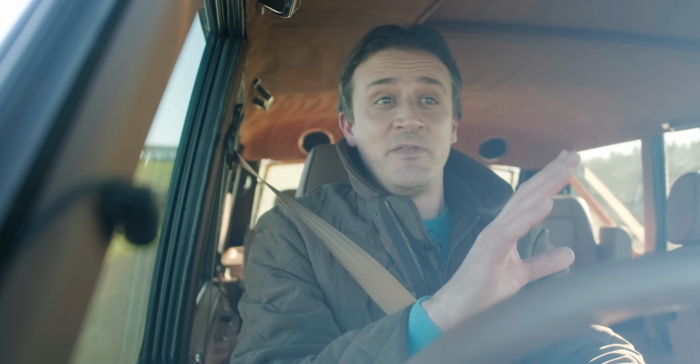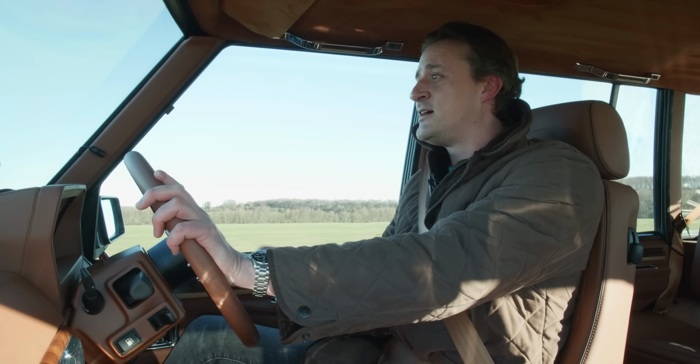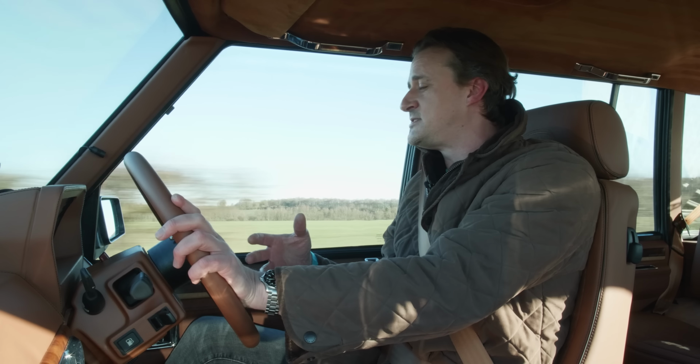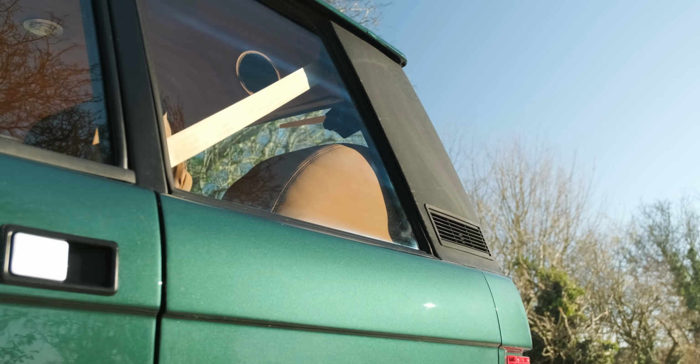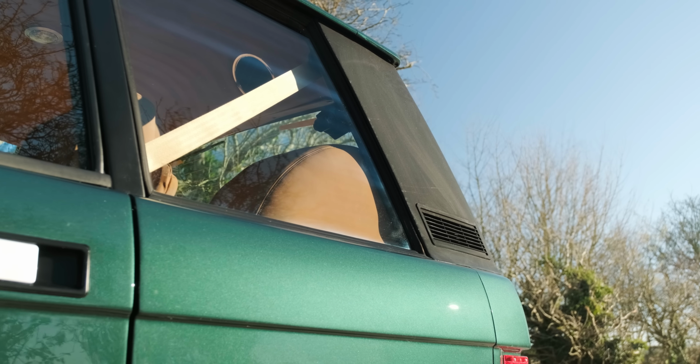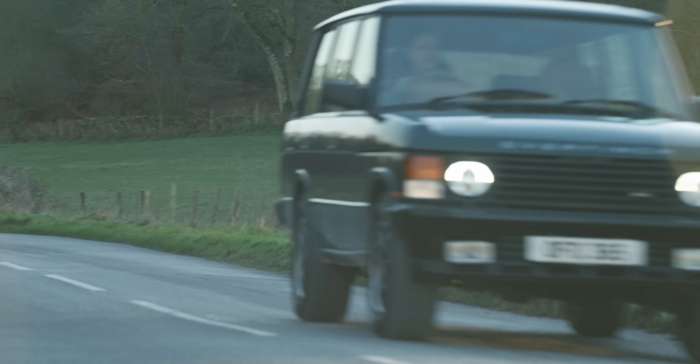and it offers that. But there is a market for it, because I was having a chat with the Overfinch guys earlier on, and they were telling me that most of their business is taken up with the Defender Classics, which they ship out to America, but they've already got seven of these in build, which means that people are buying them, and two of them are actually the Field Edition, like this one,